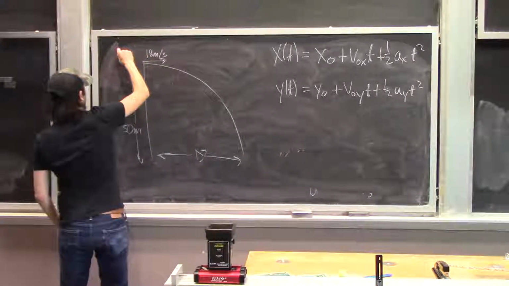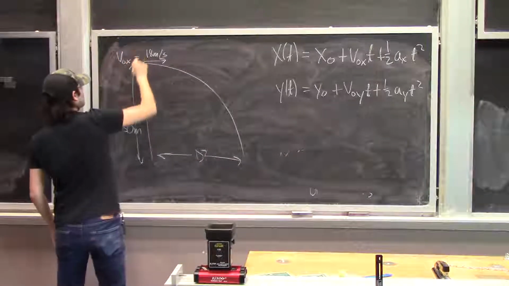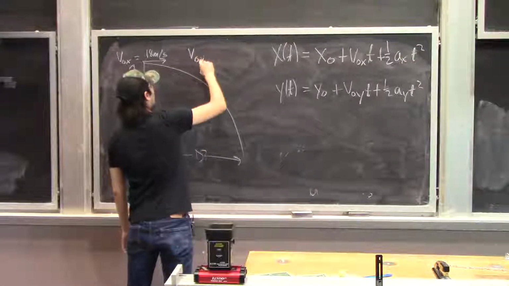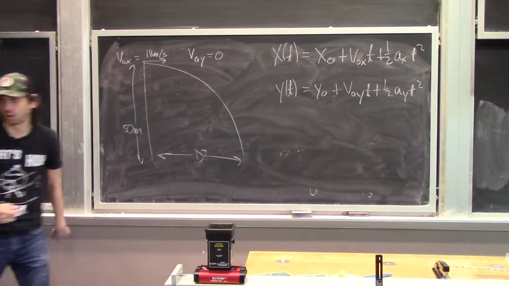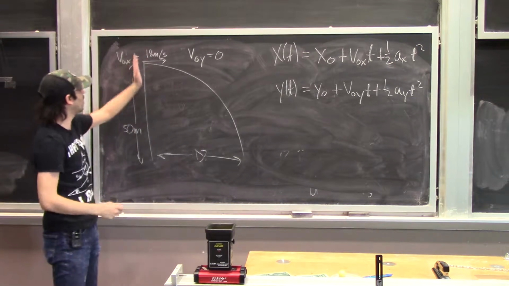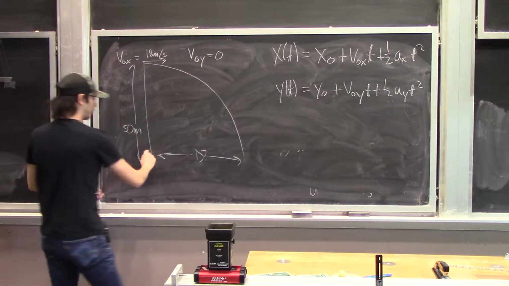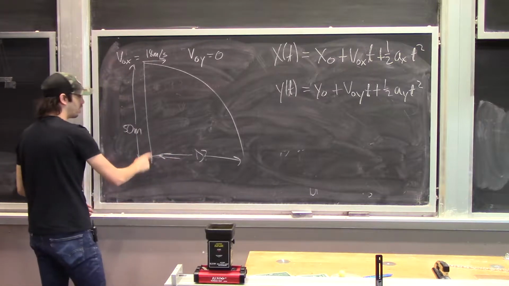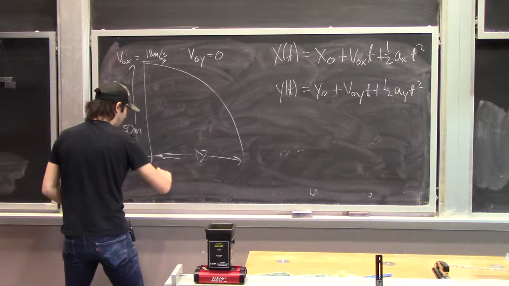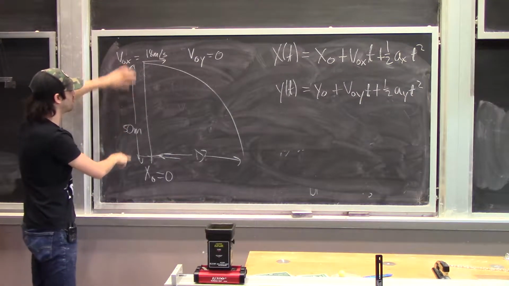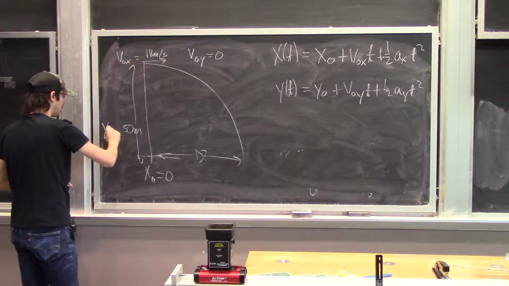So we know the initial velocity in x is going to be this 18 meters per second. The initial velocity in y is going to be 0 because this doesn't have any component velocity up or down. We can say that we're starting at x equal to 0, so x0 is 0. And we're starting at some height of 50 meters above the ground, so y0 is equal